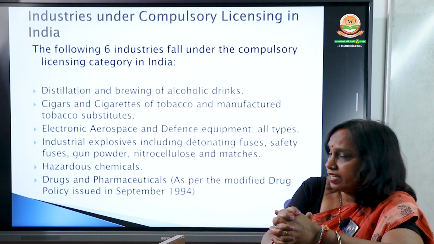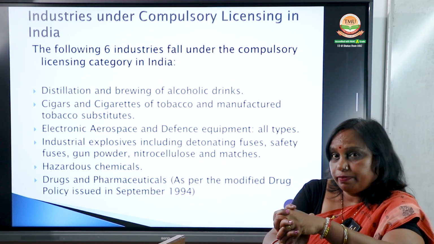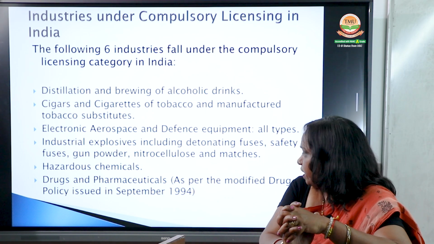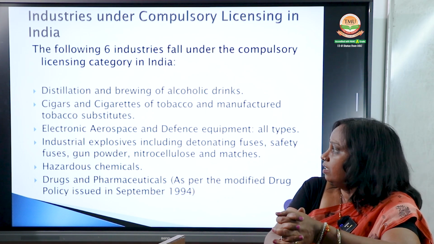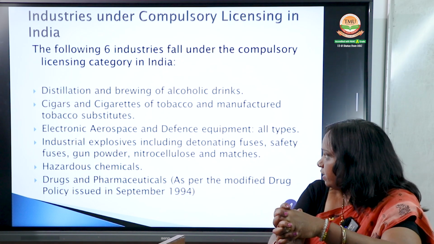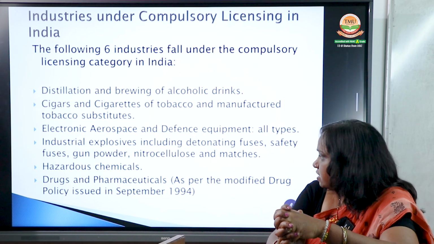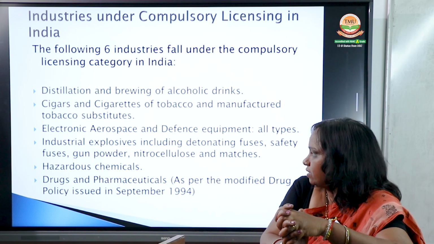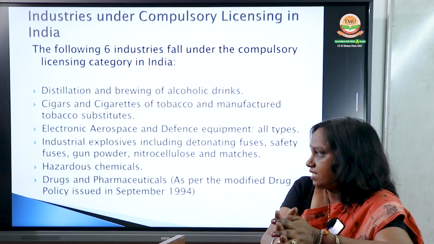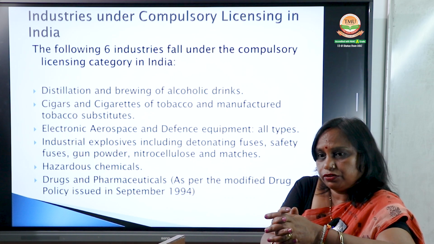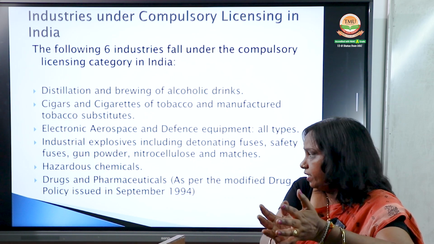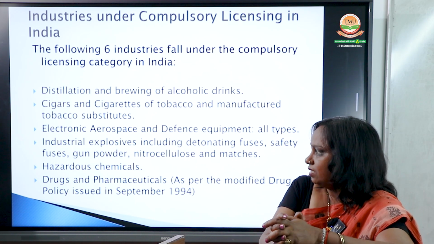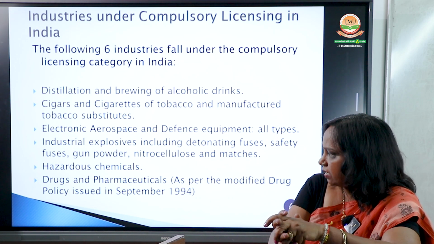Second, the cigars and cigarettes of tobacco and manufactured tobacco industries. Then electronic, aerospace and defense equipment. Then industrial explosives, including the detonating fuses, safety fuses, gunpowder, nitrocellulose and matches. As you know, all these are very hazardous and harmful to the public, so the government cannot allow anybody to manufacture this industrial explosive. Then hazardous chemicals, and lastly the drugs and pharmaceuticals,